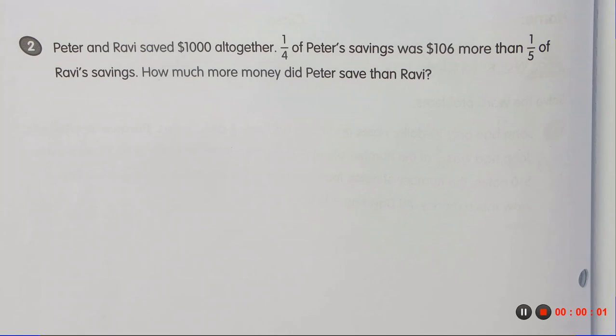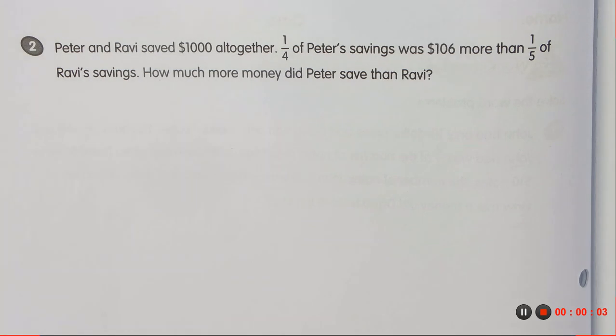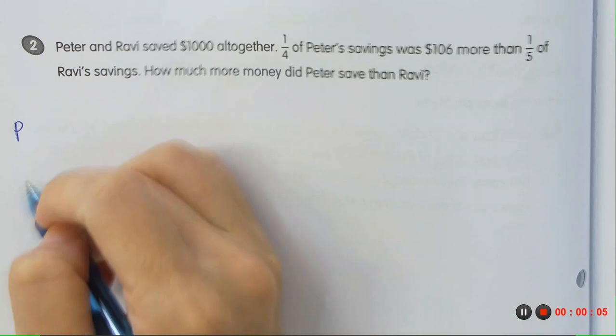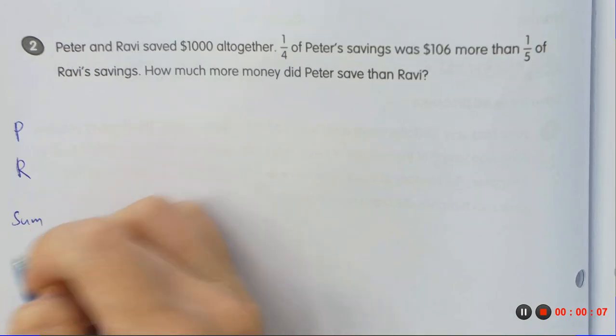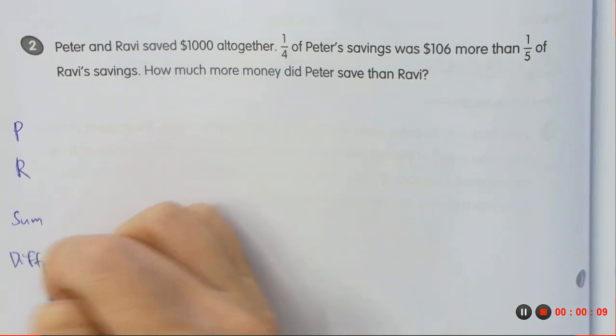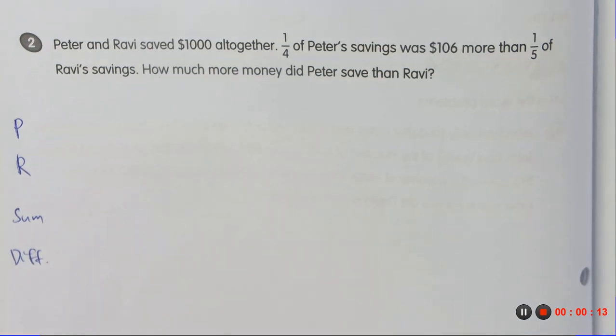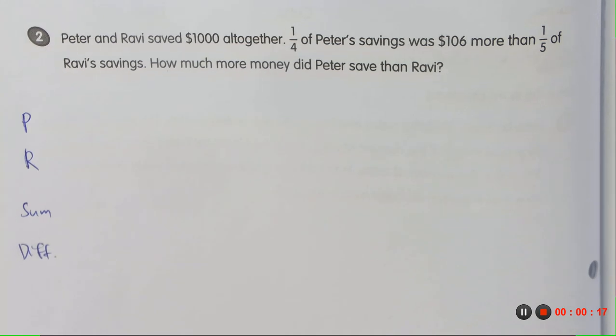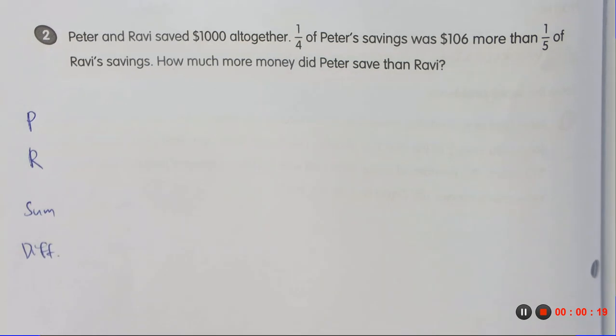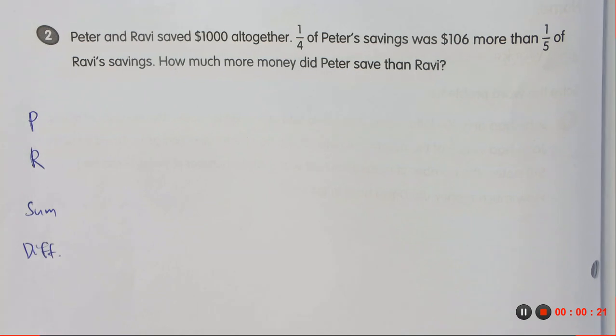Together. As of now, we already have the habit of writing down the characters and then the possibilities of their relationship. So you have Peter, Ravi, sum and difference. Now, for this kind of question, the strategy to choose, really, you look at it,